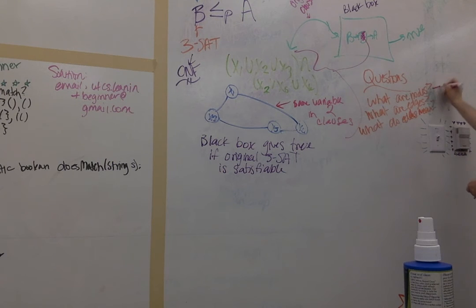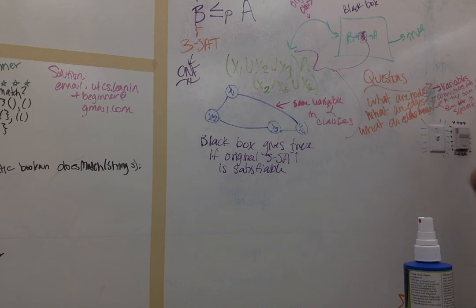Nodes are variables. Edges are connections between variables. And it means one of 2 things. It means either in the same clause, or same variable in 2 separate